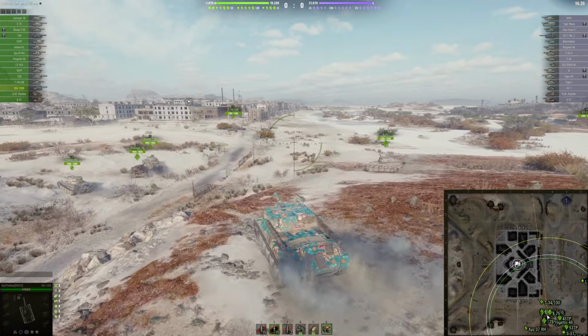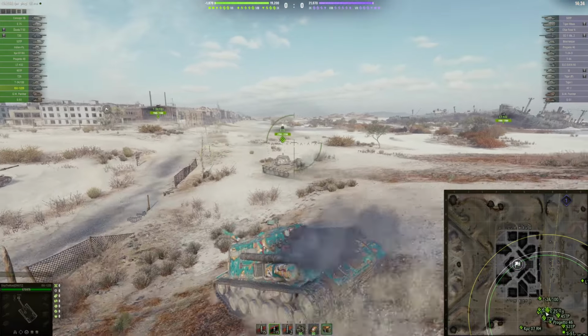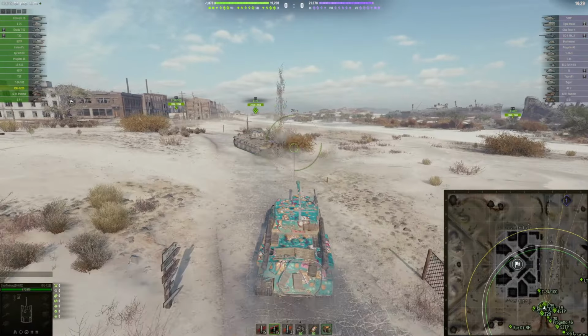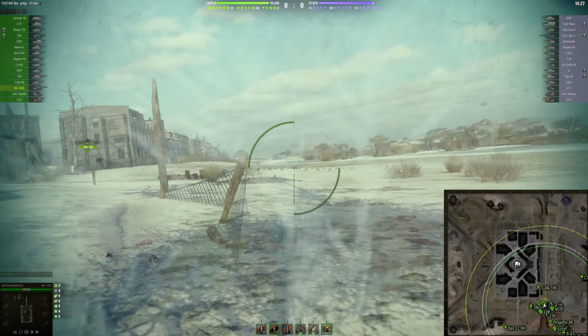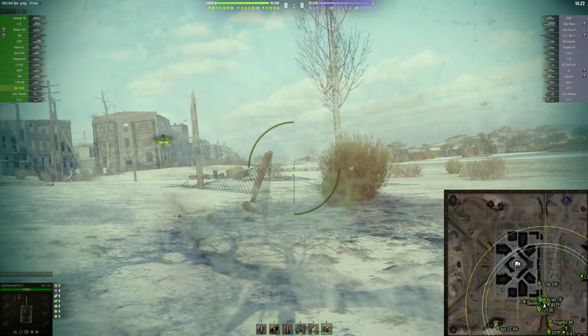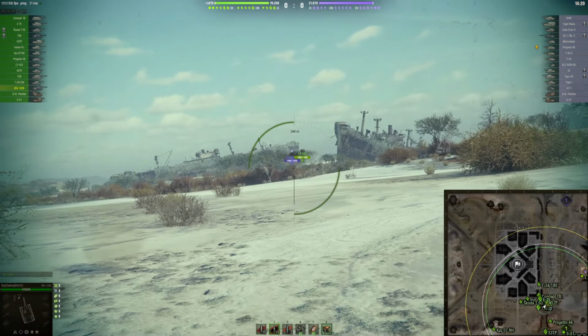Guys, I have a question. How many of you knew that this tank right over here has the best DPM in tier 7? That it has better DPM than any tier 8 tank in this game. That has better DPM than basically 99% of tier 10 tanks in World of Tanks, and it is from tier